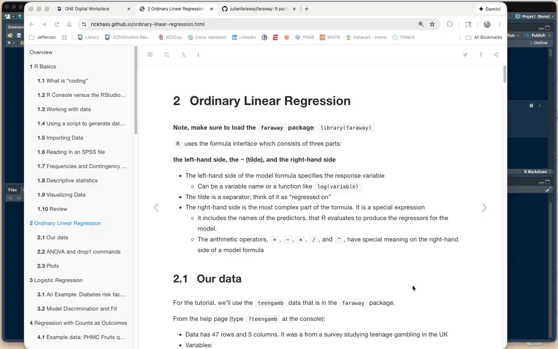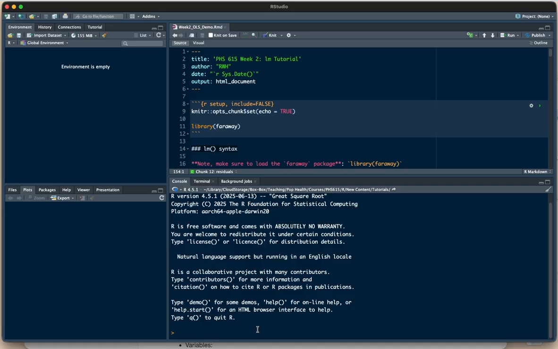So the agenda is to show you, or remind some of you that already know R, how the ordinary linear regression interface works in R, and also to introduce you to the package that accompanies Dr. Faraway's book that we'll be using. It is a great book and a great package, and so for today's tutorial, you'll need to load that package. If you haven't installed it yet, remember, anything you need to install, you can either type install packages